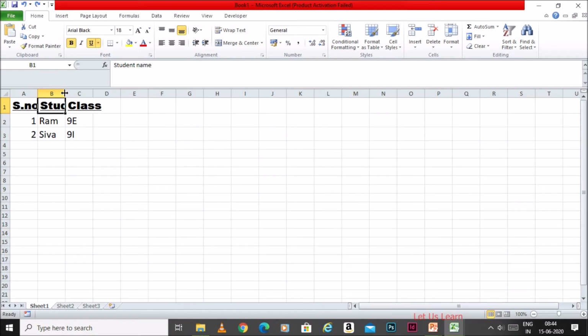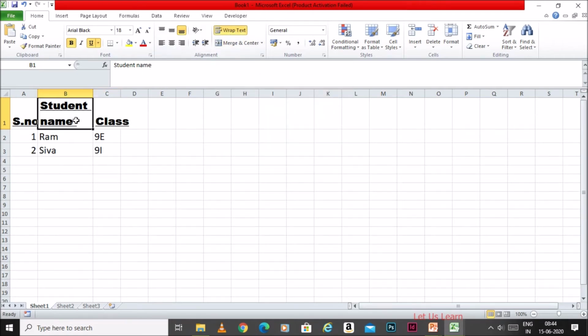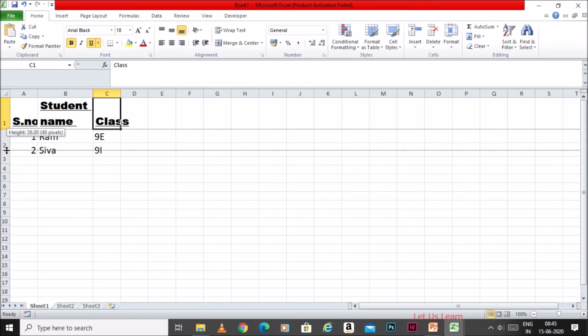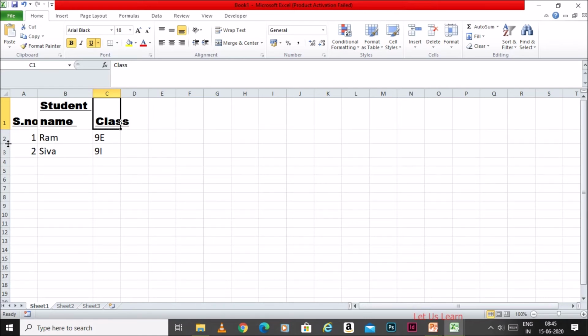To increase the column width, just place the mouse pointer between B and C. You will get this. Just drag it to the right side if you want to increase the space. Still you are not able to see the student name fully, right? There is another option called wrap text. Just click this. According to the width of the column, your text will be wrapped, which means it will come to the next line of the cell. For row height, place your mouse pointer between the two rows and drag it below or above according to your size.